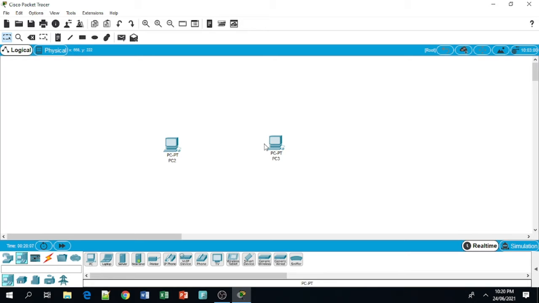What cable is used in order to connect these two computers? For connecting two different devices, we use the Ethernet straight-through cable. For connecting the same devices, we have to use a crossover cable. Since these two are the same type, we have to use an Ethernet crossover cable. How to use the crossover cable? Just go to the cable